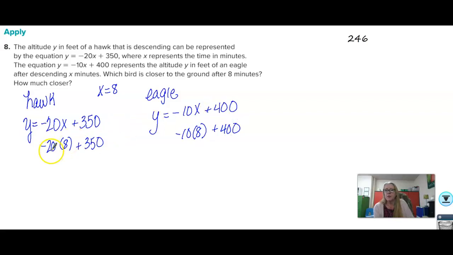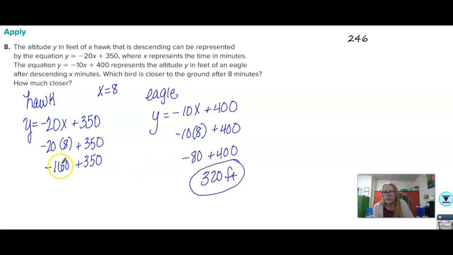Well, 20 times 8 is 160, so that's negative 160 plus 350. And over here we would have negative 80 plus 400. This one's easy. This would be 320 above the ground. This one over here, if this was 150, that would give me 200, but it's 10 more than that, so I have 190